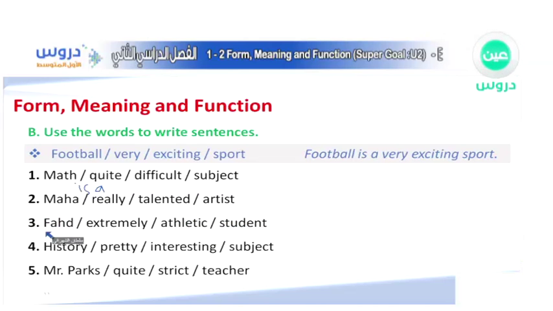So we have to start with Fahad. Okay, after that is extremely athletic student. Excellent. Yes, that's right, Muhammad. But we have to use an extremely. Excellent. Yes, that's right. Fahad